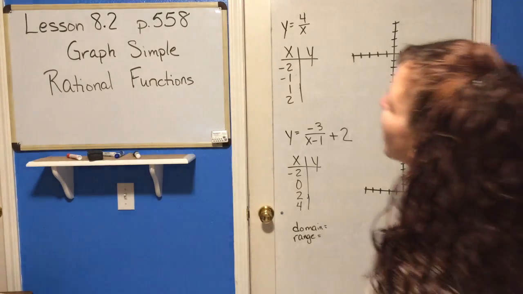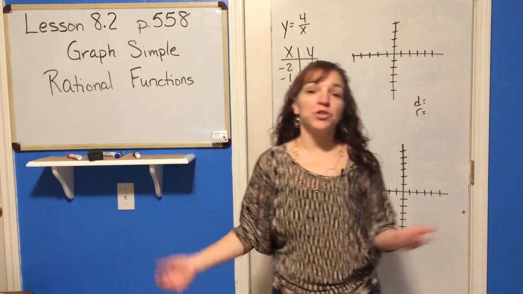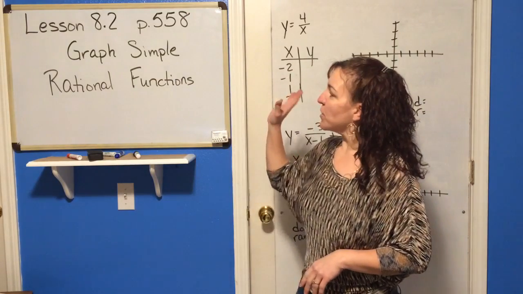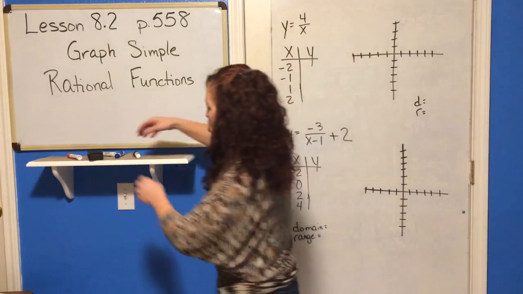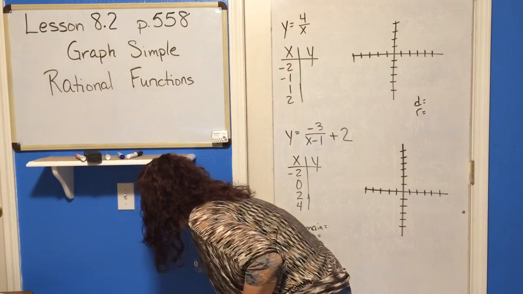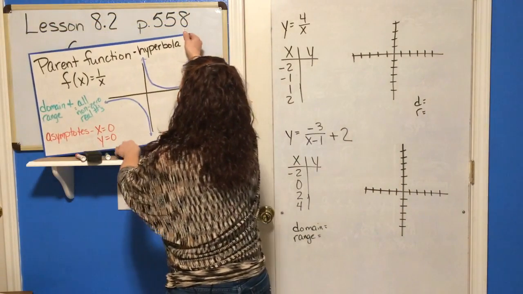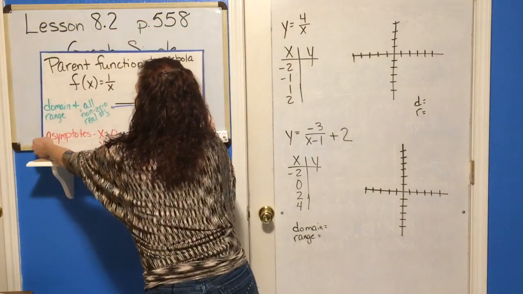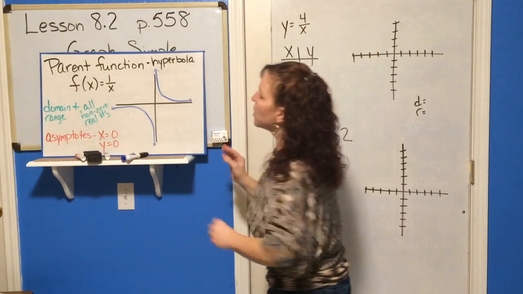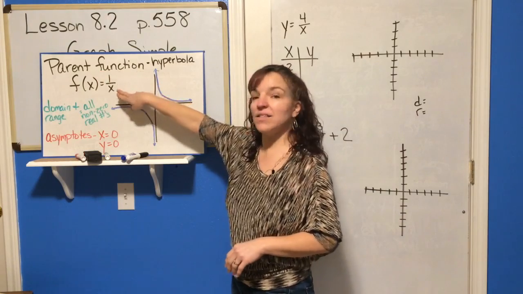Section 8.2, graphing simple rational functions. And of course, you know rational functions are fractions, so we're going to be graphing fractions. So let's start with the parent function. Always when we graph, I like to look to see, well, what shape are we looking for? When we're dealing with a fraction, the parent function of just y equals 1 over x is going to be